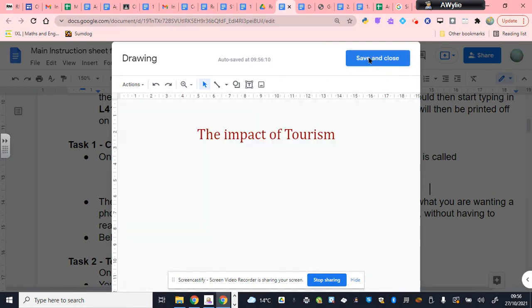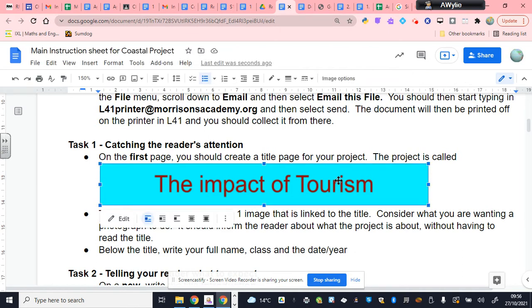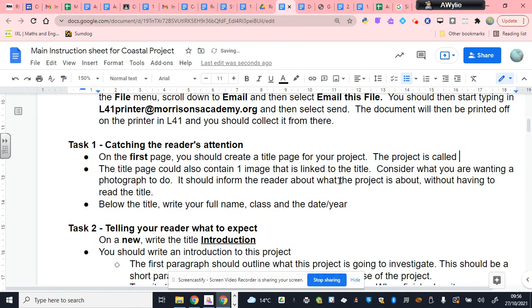Okay, so if I just show you what that would look like, that is what you would get as a title if that was what you chose. Now you can do that, that's a fancy title, or you can just simply type your title straight into your blank document. Okay, in that blank document for task 1, you're also going to want to find one image to